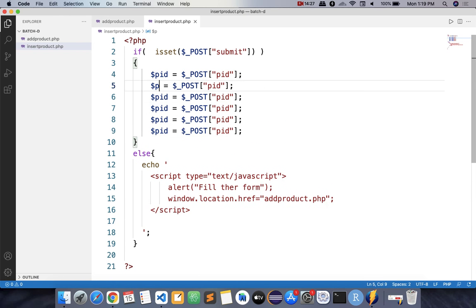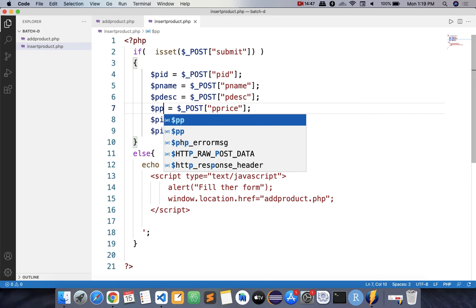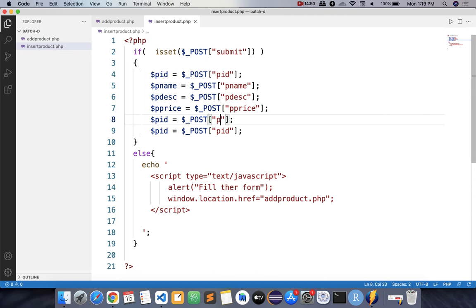So this will be pname, then what was next? P description, then P price, then quantity. Quantity. You have to write the spelling properly. Then P offer and P